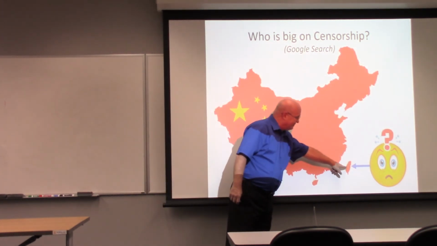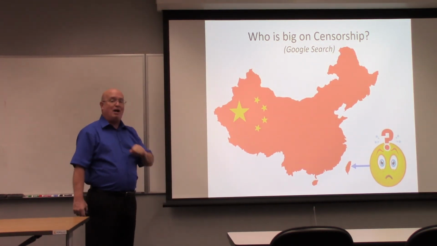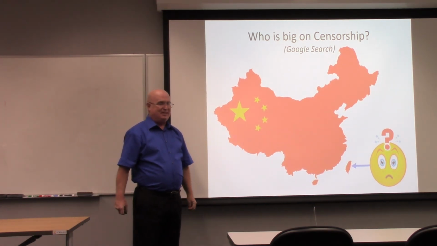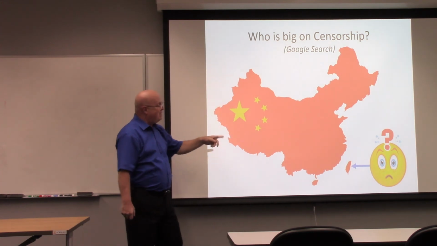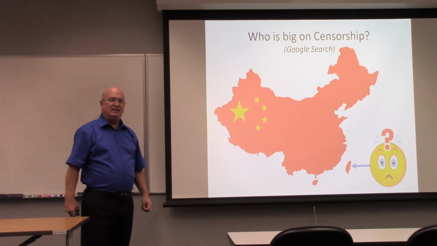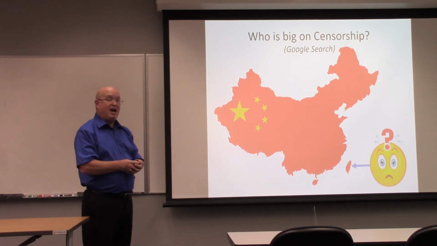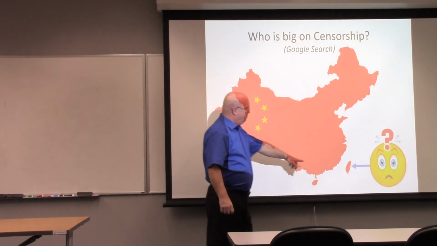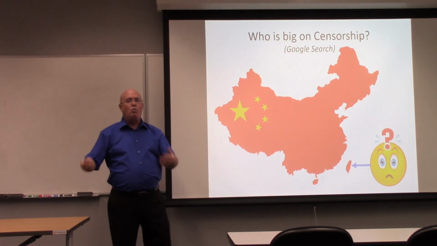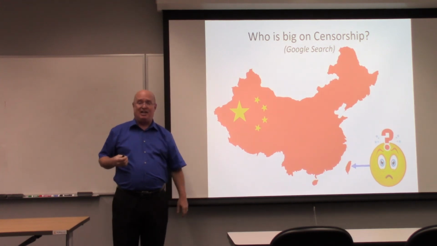This place right here, this is the island of Taiwan. At one point, it was the Republic of China, and this was the People's Republic of China. It was an independent country. It was a member in the United Nations until China got the world to basically cancel Taiwan. And if you want to be China's friend, you cannot have diplomatic status, or in other words, acknowledge that Taiwan is an independent country. We don't even accept Taiwan as an independent country.